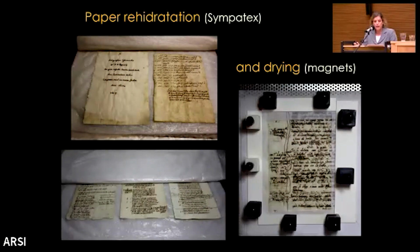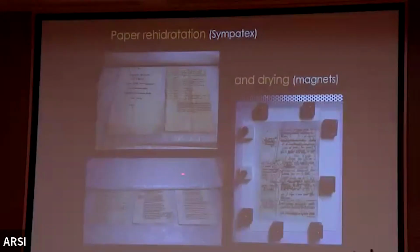At this point, the introduction of a minimal amount of moisture was necessary to rehydrate the treated leaves, realigning the formations and restoring a planar surface, because they all had to go back to the original covers, to the original bindings. So also the size of the leaves was important. The special membrane used is called Sympatex,